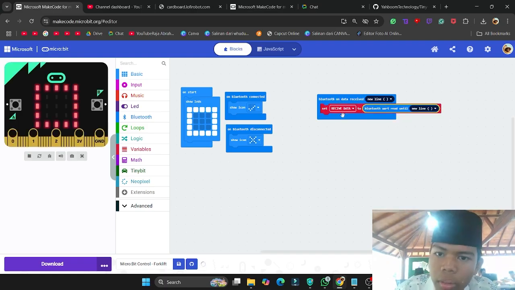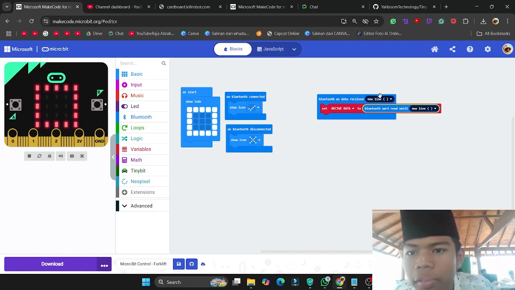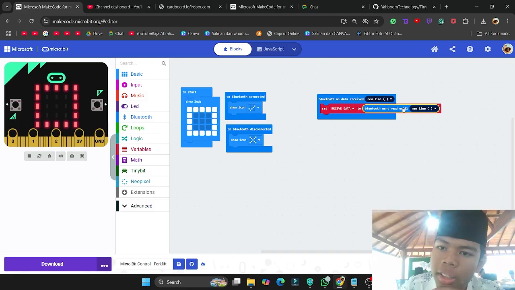So on Bluetooth, what this means exactly is that when the Bluetooth receives data, it's ready to change at any moment. It's ready to receive, and then it goes to the next line. The new line means it's ready to receive new data as time goes on.